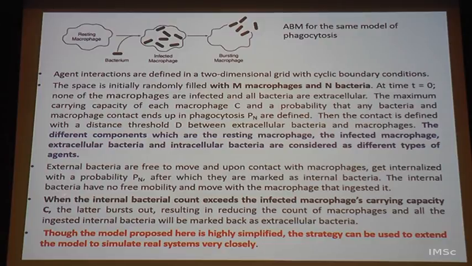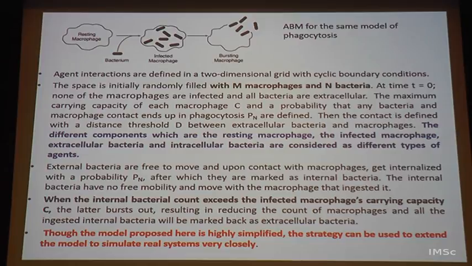Okay. So this is what happens when the internal bacteria count exceeds the infected macrophage's carrying capacity: the latter bursts. Typically, a given macrophage cell can carry up to 6 individual Mycobacteria. It will be different for different bacteria. It's not to scale, obviously, bacteria are much smaller than this. So when it exceeds that, a cell can no longer hold them, so it bursts. And these bacteria get into the circulation, and can either get killed or infect new cells.